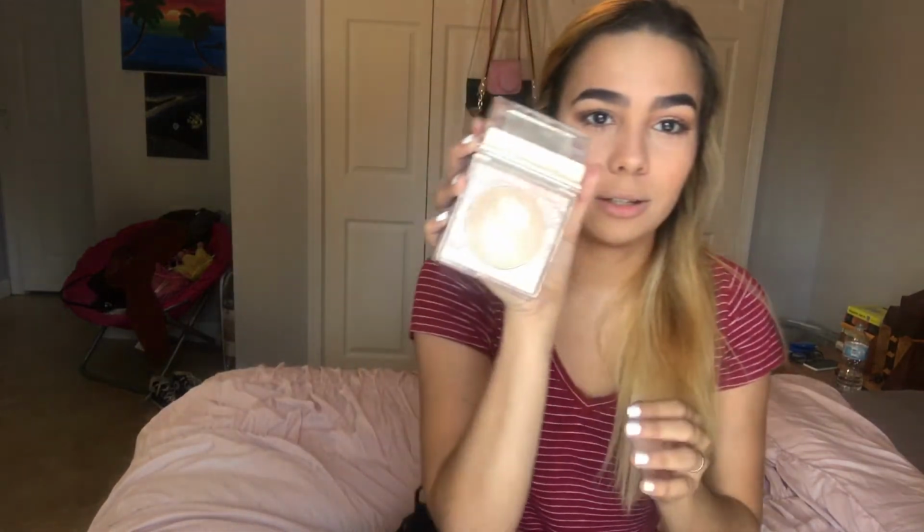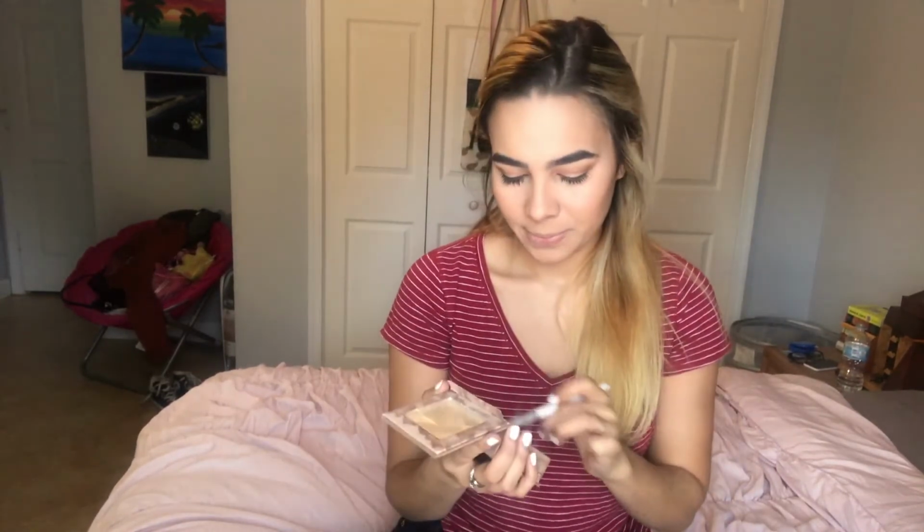And then after that is probably my favorite part, which is highlight. On a daily basis, I use the Naked Illuminator one, and I don't remember what shade this is in, but it looks like that. And I take this Wet n Wild brush